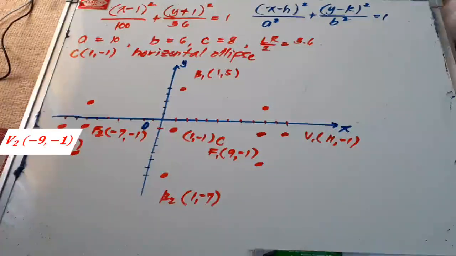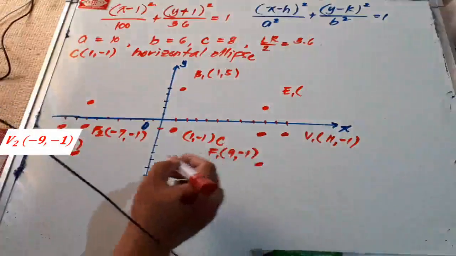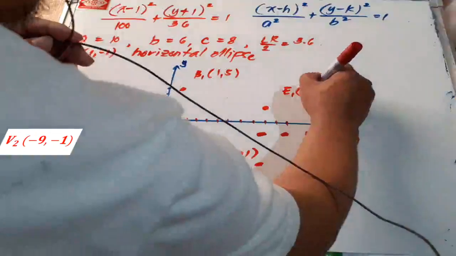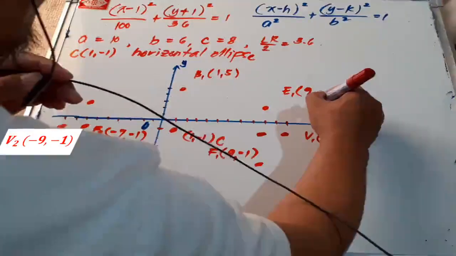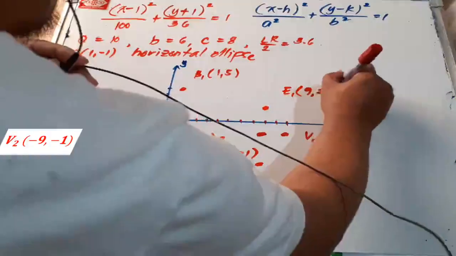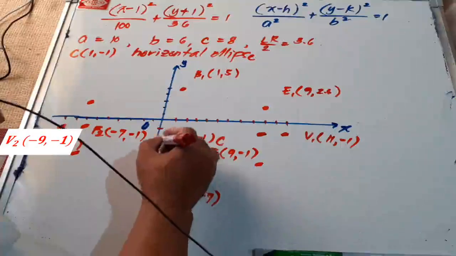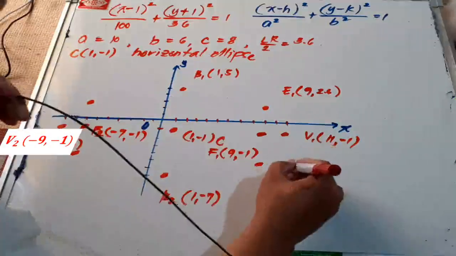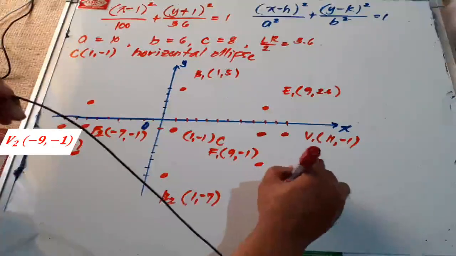Okay. So, lagyan natin yung coordinates niya. E sub 1. Coordinates niya ay kagaya ng focus, ang horizontal distance, 9. Ang kanyang vertical distance will be 3.6 ang taas nito. 3.6 minus 1, so that will be 2.6. So, dito naman, 1, 2, 3, bilang tayo starting from the x-axis. 1, 2, 3, 4, 4.6. Kasi 3.6 to, may 1 na siya doon. So, we have E sub 2 is 9,